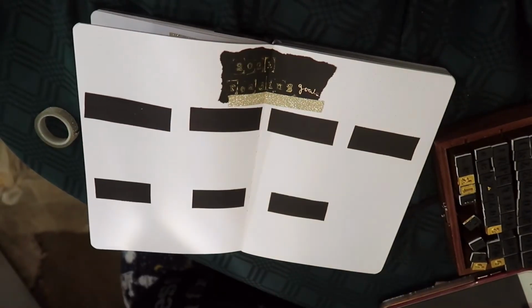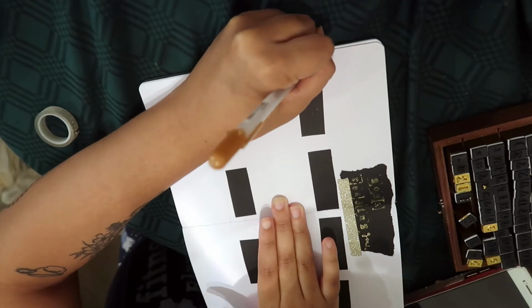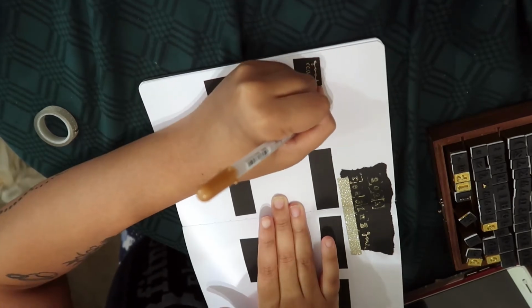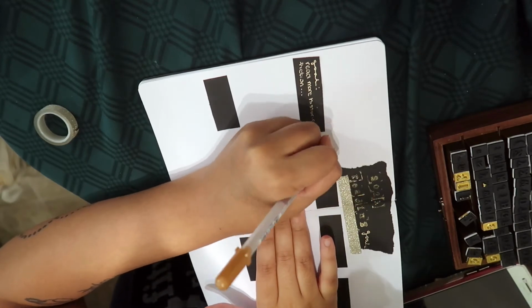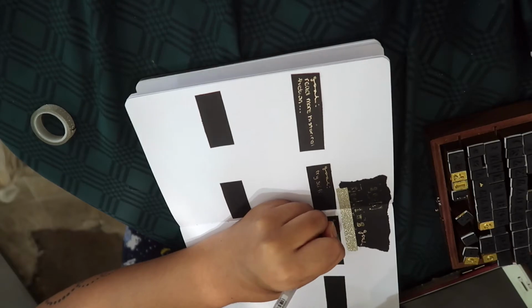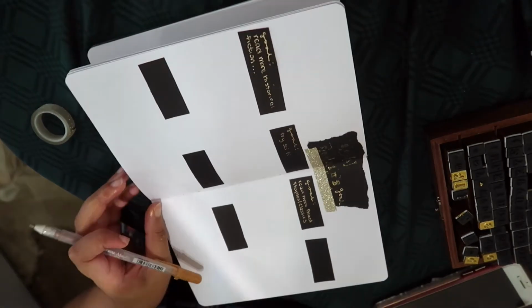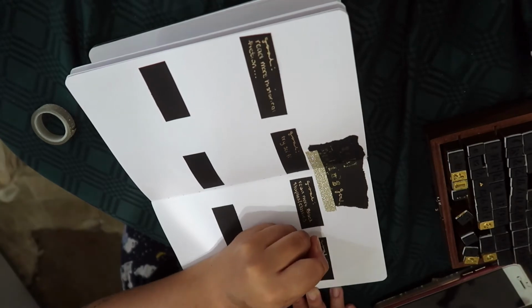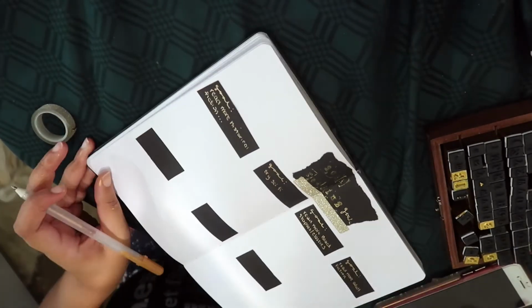Last year I made individual lists that I kept in the back pocket of my reading journal, where I tracked the books that I read that fell into the category of my reading goal. This year I thought I'd do it in the book itself, so I cut some more little strips of black paper, wrote down the goal itself, and then under that I will write down the books that I read that